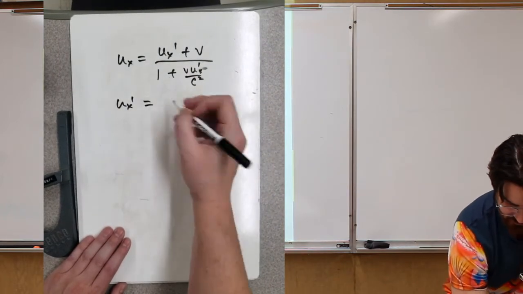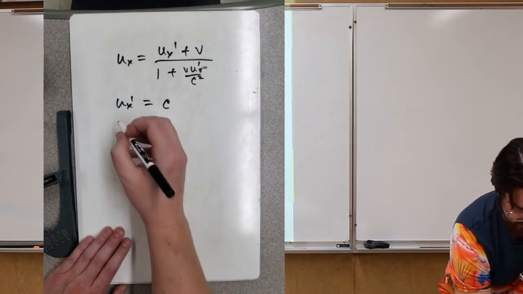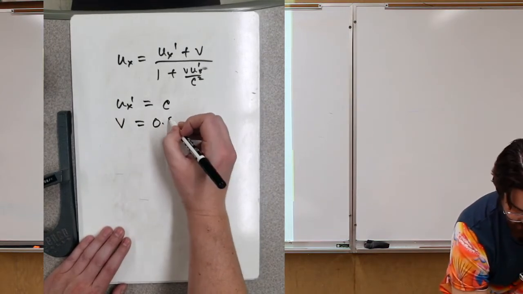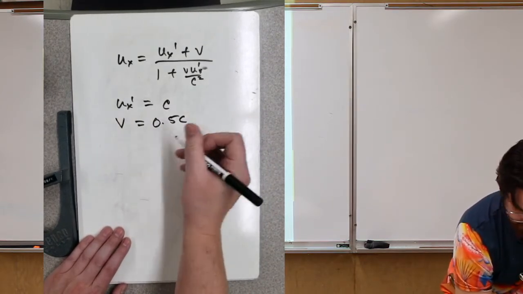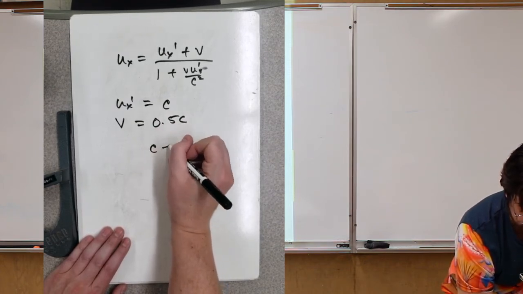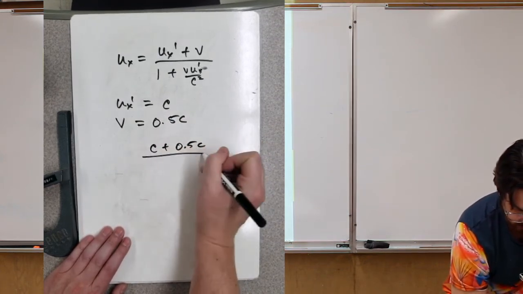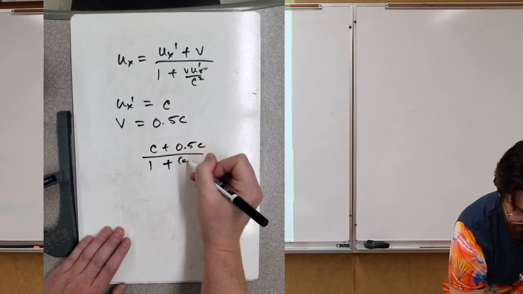So the velocity of the light in the spacecraft frame is c. That relative velocity is 0.5 c, meaning we're going to get c plus 0.5 c over 1 plus